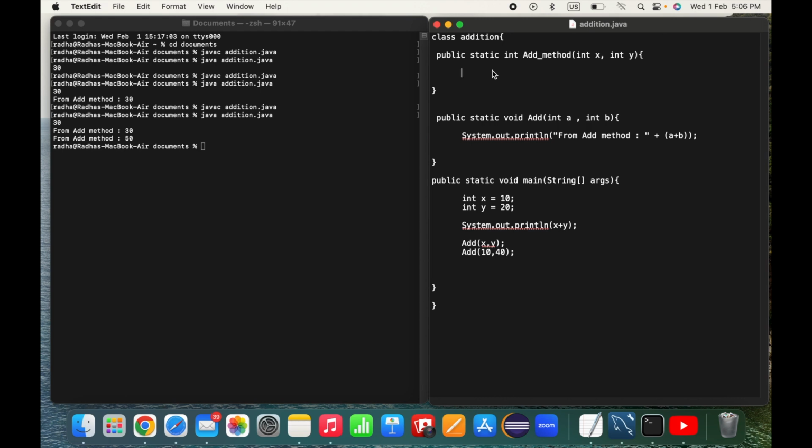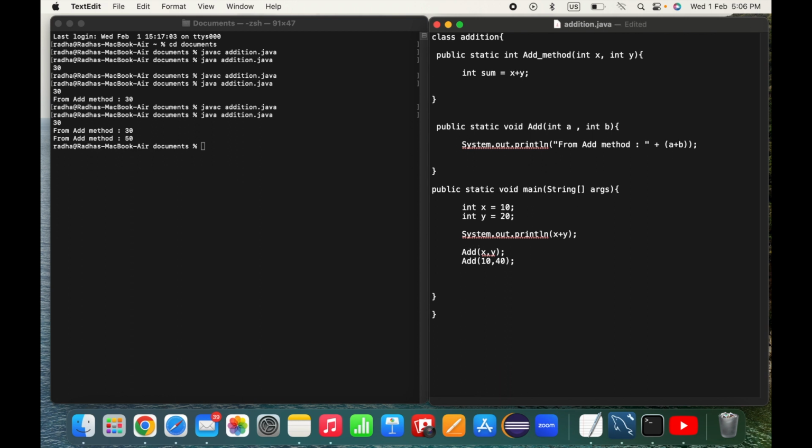Now I need to take another variable to store the addition of the two variables. For example, let me create here int sum equal to, and here I will do the addition of x and y